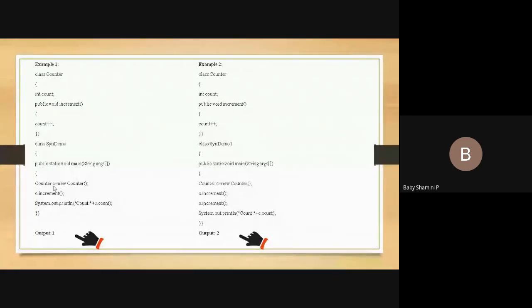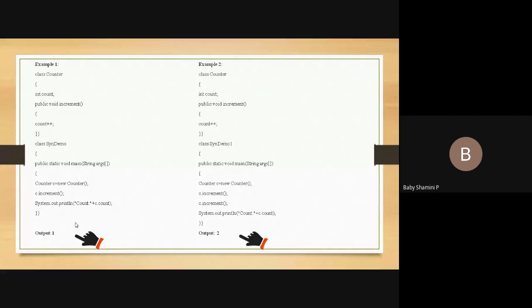Again I'm going to call the particular function that is present inside the Counter class. So what will c.increment do? It calls the increment function which is present in the Counter class. Through the object only I can access this Counter class, that's why we write c.increment. Inside we have the count plus plus statement, so it increments the count value. Initially it takes the default value 0, after that it increments the count value to 1. In this way it performs increment.